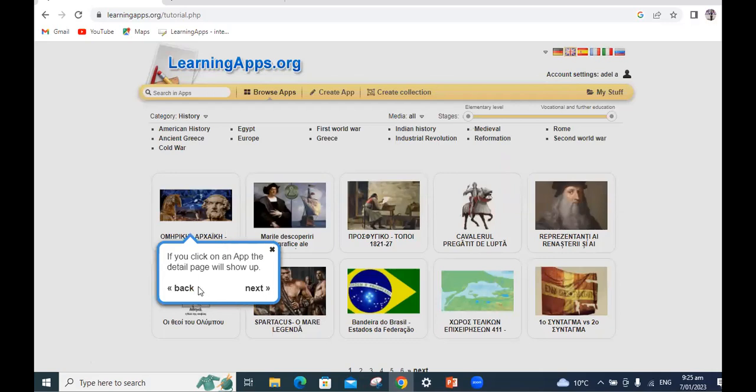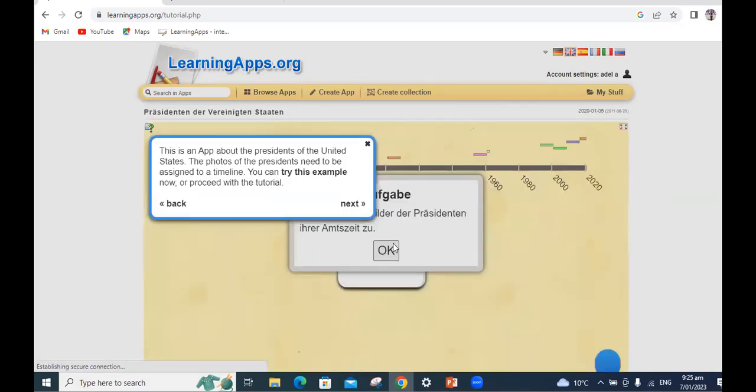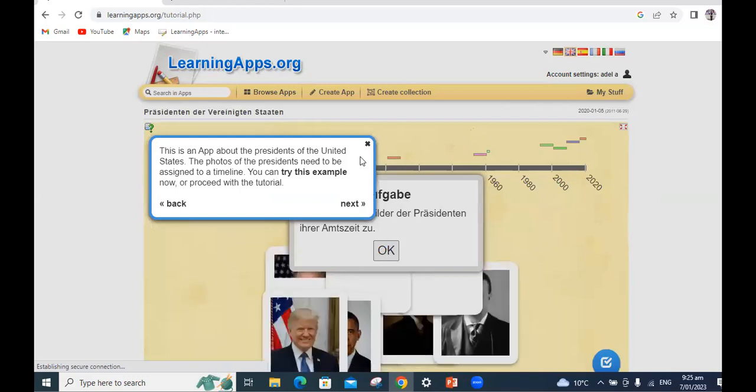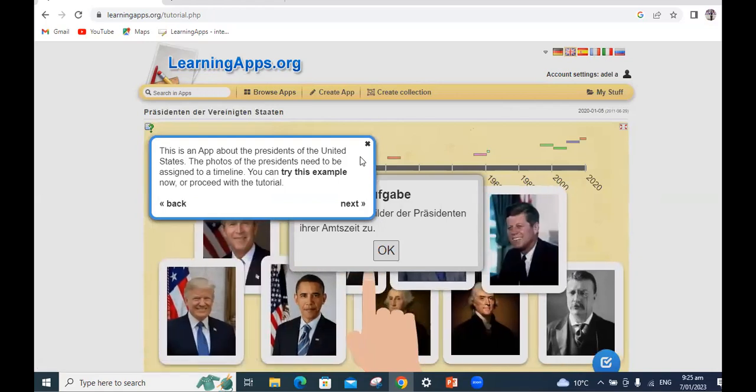If you click here on the app details, here is one app, it's open now. For example, this is a number line, and we will discover the arrangements, the first one of the thinking skills. For example, if you are studying history, or if I say adverbs of frequency, you can put always, sometimes, usually, and so on in such a number line, and ask the students to arrange them in a proper way.